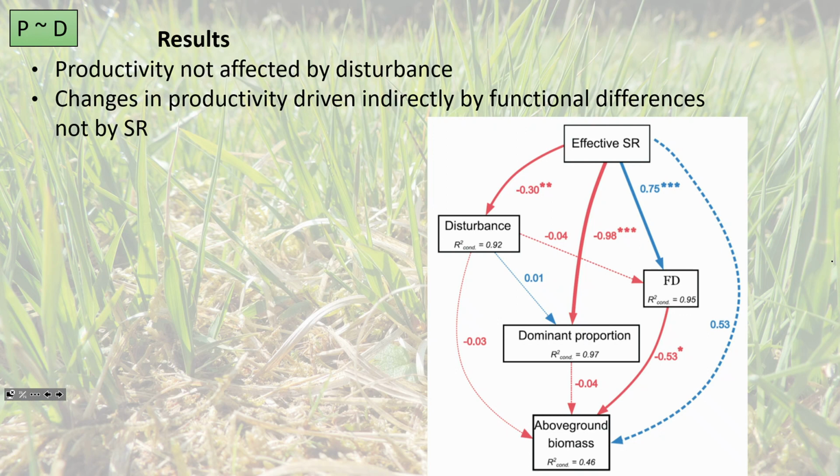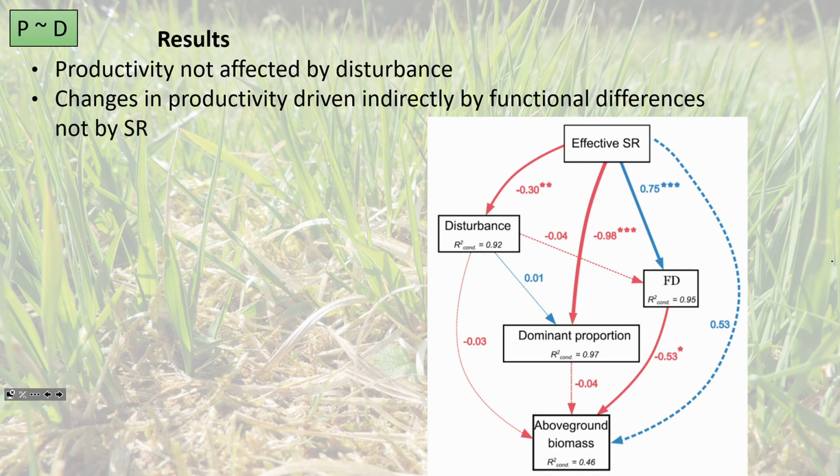But there is an indirect link from species diversity to above ground biomass via functional diversity. So apparently there is some, although weak, relationship, but we can link it more to some plant characteristics